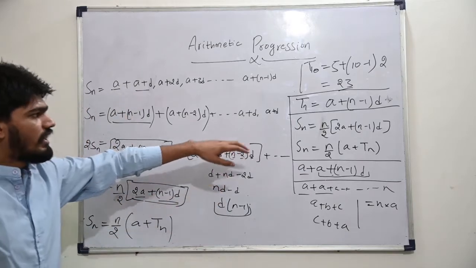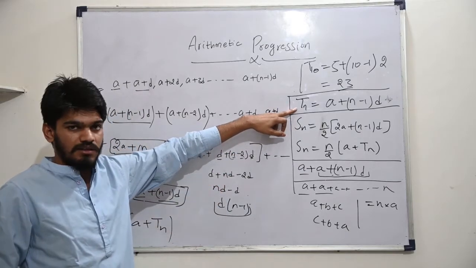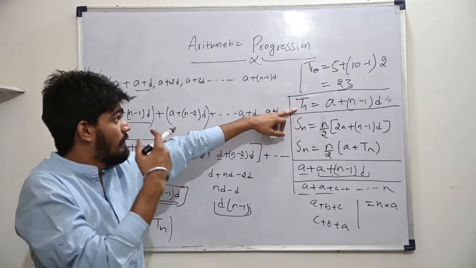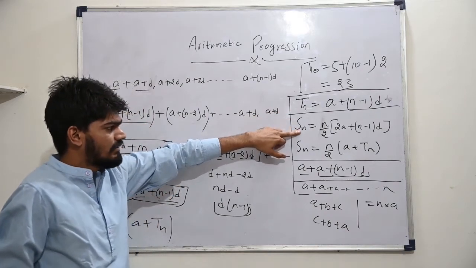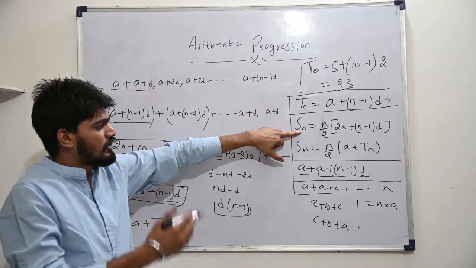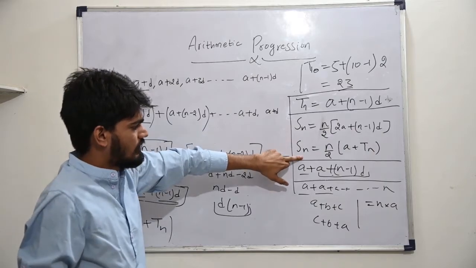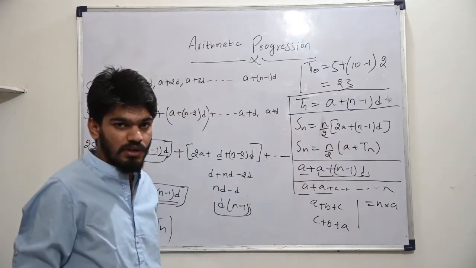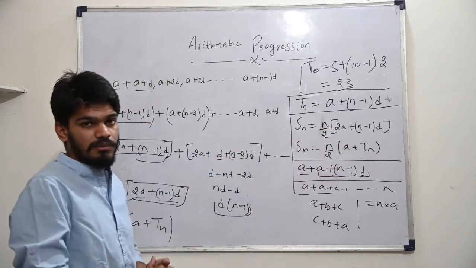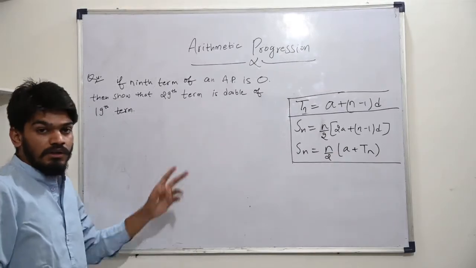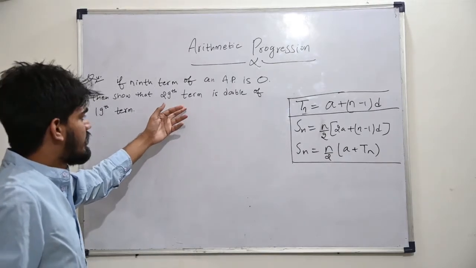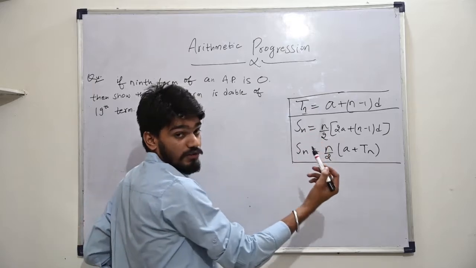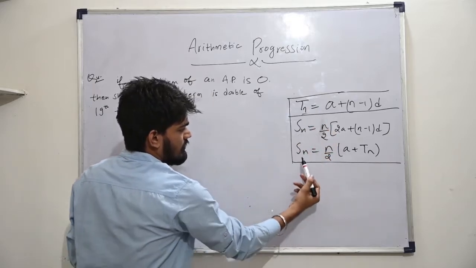So till now we have discussed Tn, the last term of a given arithmetic progression, then Sn, the sum of the given expression up to nth terms, in two different formulas. Alright, that's how we can solve the examples over this as well. We have an example now. First of all, we know the formula for the last term and the sum.